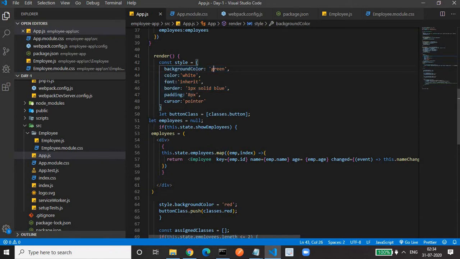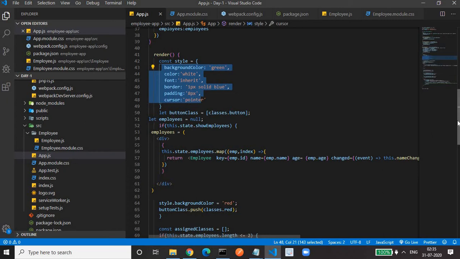The value should be in single quotes. If it's a multi-word property, then you follow camel casing. Usually in CSS it is background hyphen color with c in small, but it is not recognized in React.js. So we have to remove the hyphen and make the C a capital. Here we have a const style variable in which we have defined some CSS.